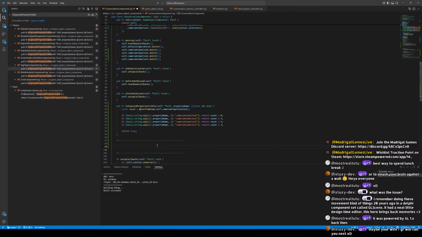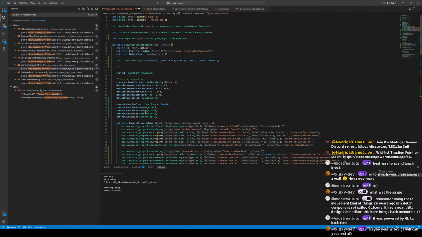So let's just add here another section and call it pub fn get camera animation. Conversation component, actually self, like so, and we can even make it a const self. And then the index is probably usize, I would assume, and then we can return, probably just return one of